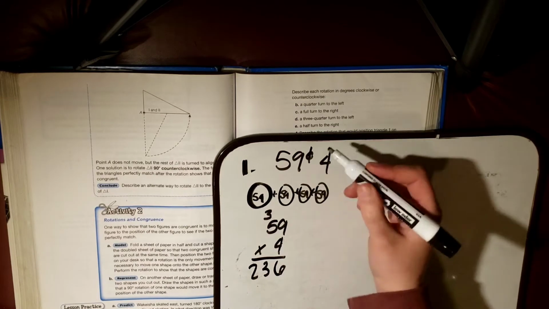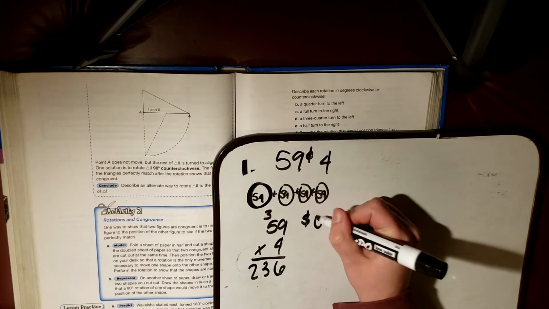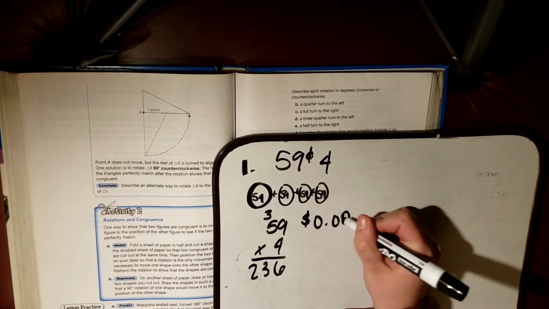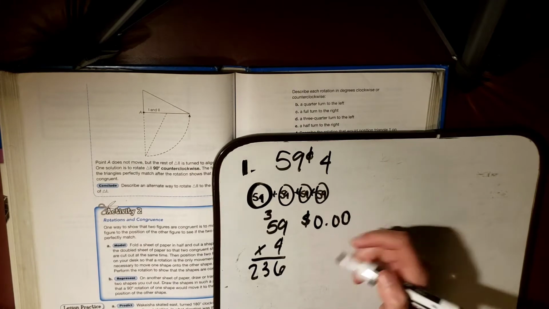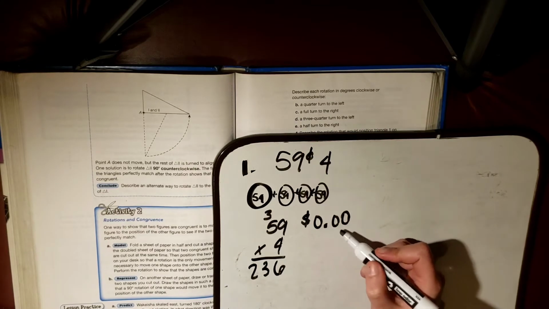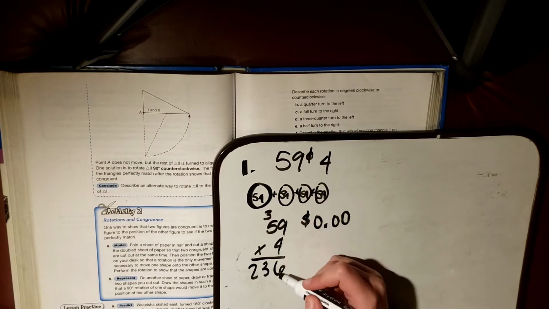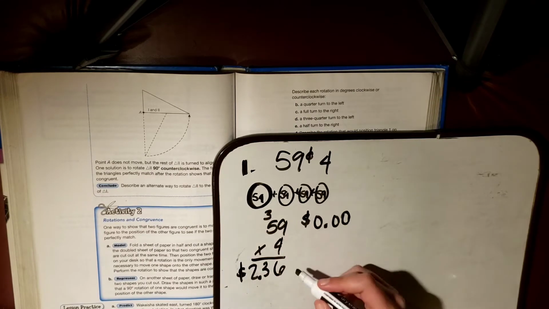And remember what I've said with the decimal, because we write money kind of like this. We have our tenths and hundredths places after the decimal. So remember, we got to have that decimal 2 places over. So we go 1, 2, and there's our decimal. So $2.36